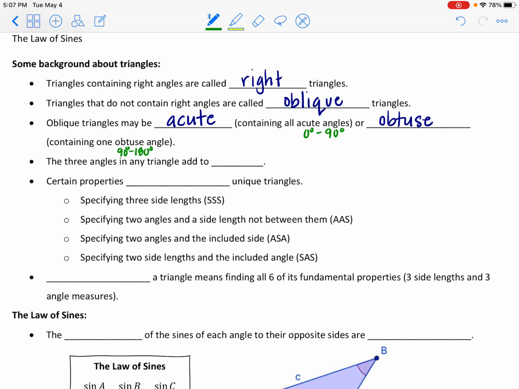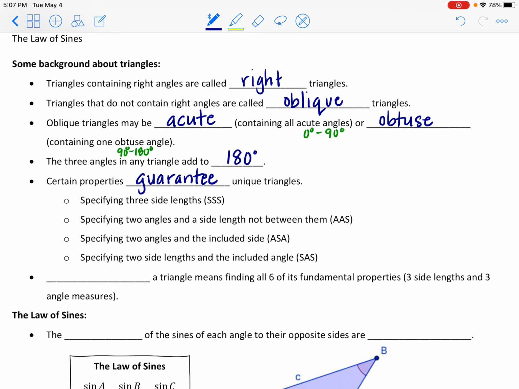So if we have one obtuse angle, then our oblique triangle is an obtuse triangle. And if we have three acute angles, three angles between 0 and 90, then our oblique triangle is an acute triangle. Okay? So there's some terminology. Now, hopefully we also remember that the three angles in a triangle will always add up to 180 degrees total. And there are certain properties that I'll say guarantee